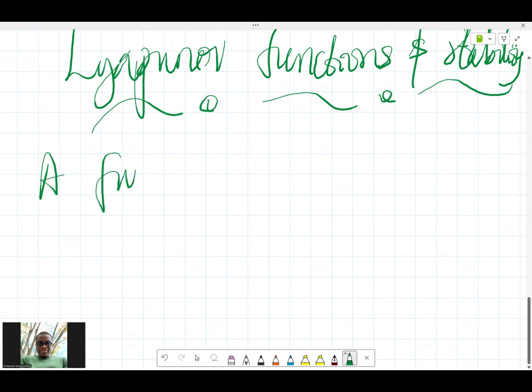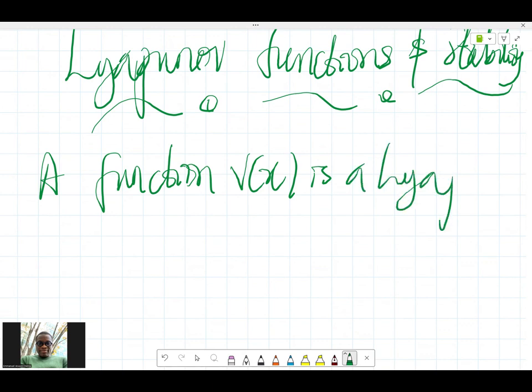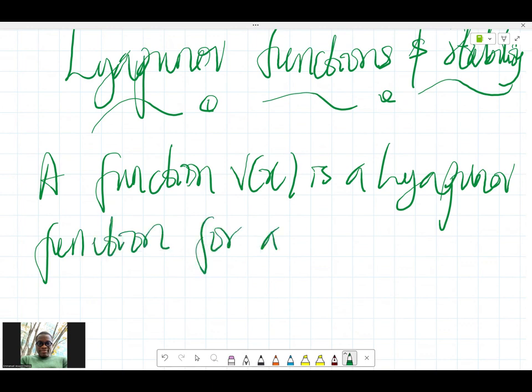So a function V of x is a Lyapunov function for a system x dot equals f of x,